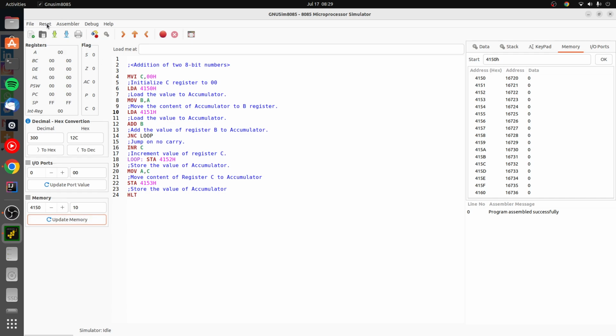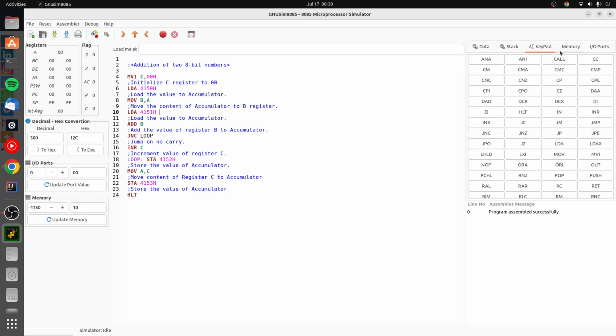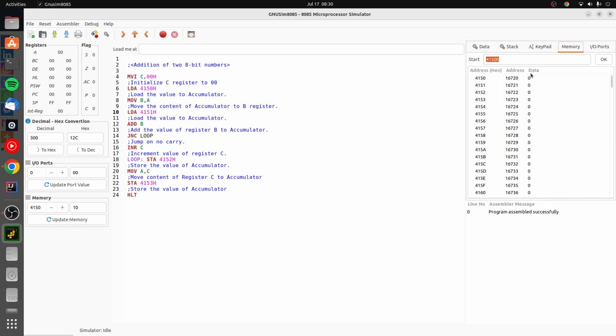Basically what you would want to do in the ideal condition is reset all the registers first before starting anything. So everything is now 00. Now update this value with 10, because we want to take the first number as 10. But here nothing happened. We are not able to see any data in the 4150 hex memory location. So what exactly happened is